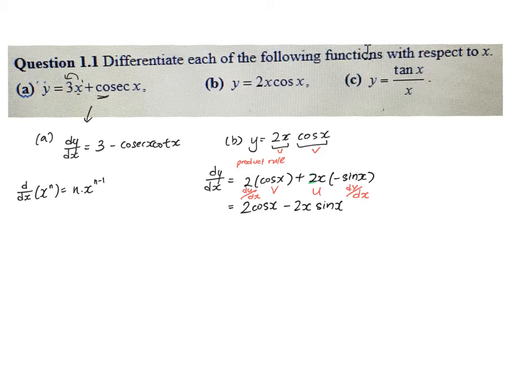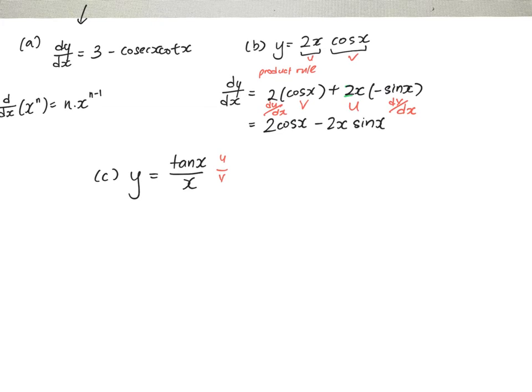Okay, let's look at c. C is basically tangent x over x. So you can see that here there's a quotient that we are looking at, which is like u over v. Okay, so in order to do this, let's look at just differentiating dy/dx. Remember, we're using the quotient rule. So quotient rule, dy/dx will basically be du/dx multiplied by v minus dv/dx multiplied by u, over v squared. So with this in mind, du/dx will be secant squared